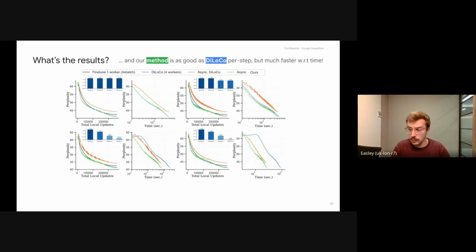Meaning that we manage with our simple solution to get an asynchronous setting that is working well, both with respect to time and with respect to the number of steps. This allows you to actually train with multiple devices across the world and devices of different kinds, H100, V100, for example.